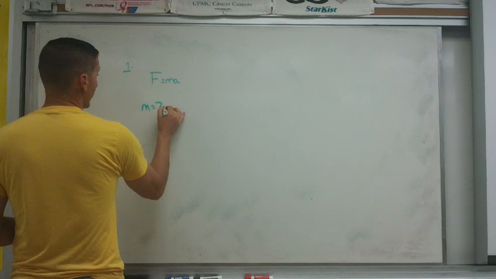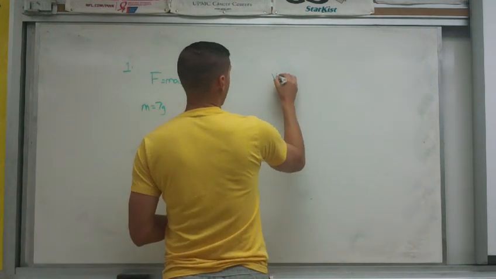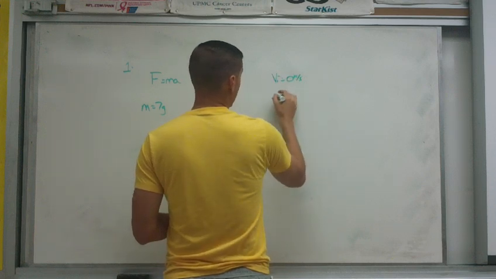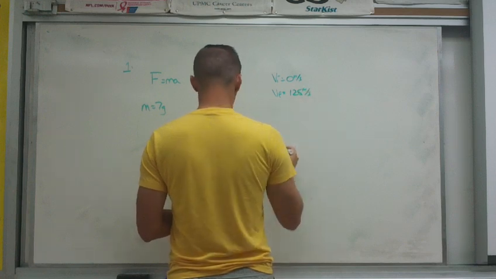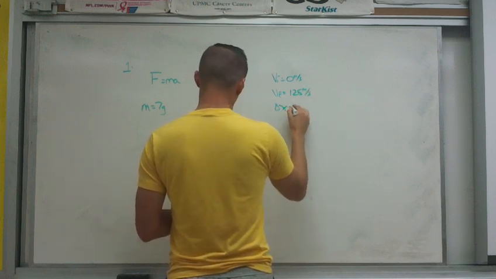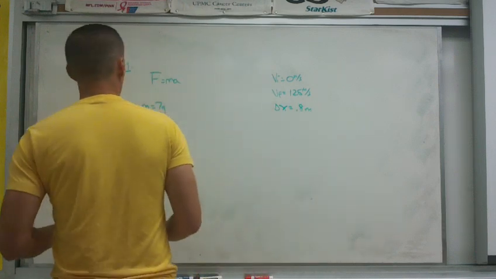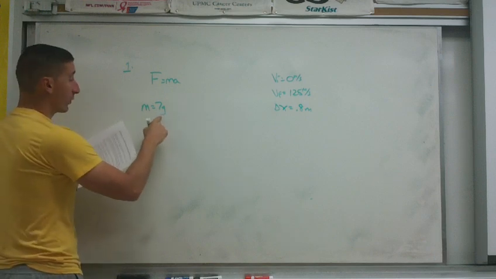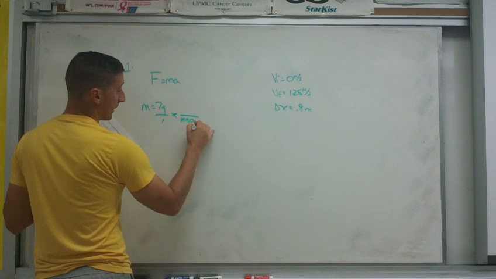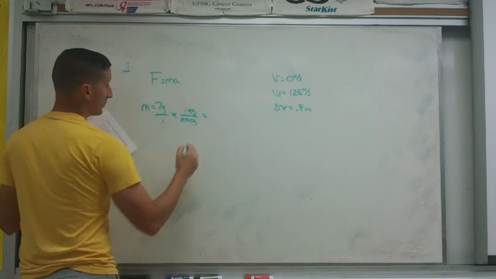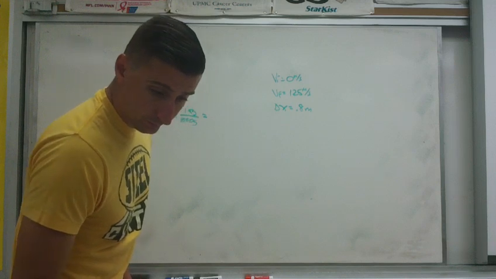Mass is 7 grams. All right. From rest to 125 meters per second. So I got Vi is 0 because it says from rest. Vf, because it goes to 125 meters per second, is over here, over a distance of 0.8 meters. Okay. So right away I should see that this is in grams. It needs to be in kilograms. So I'll convert it. 1,000 grams, 1 kilogram. So I do 7 divided by 1,000. I get 0.007